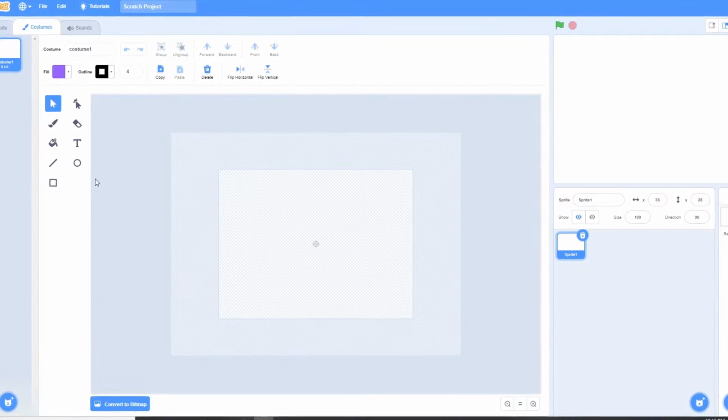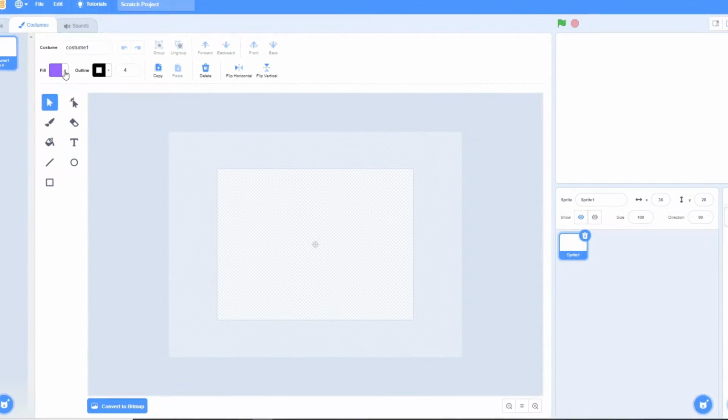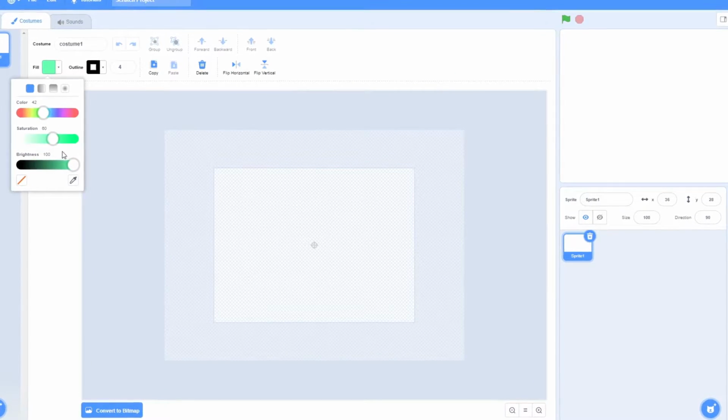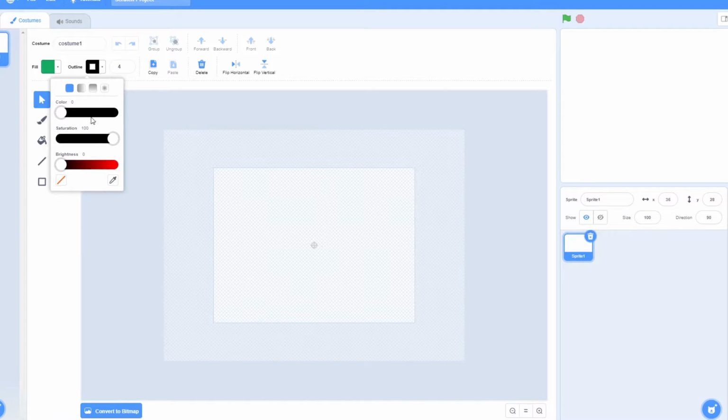So I need a ground. For that, I'm just choosing a color green. Here I need a dark green, and the outline must also be green.